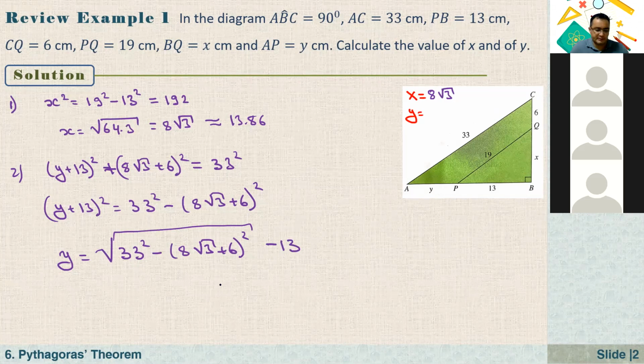It is 13. So now if you just key in this and calculate: square root of 33 squared minus open bracket 8 times square root of 3 plus 6 close the bracket squared, and minus 13. So that's equal to